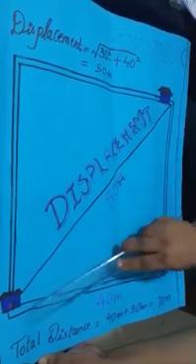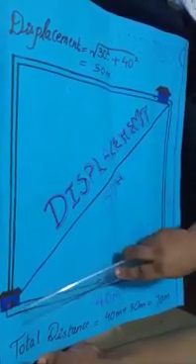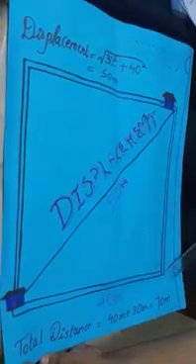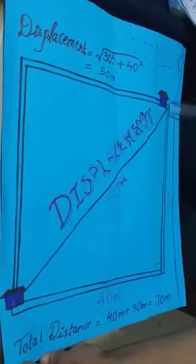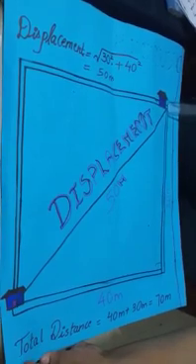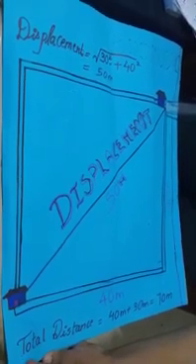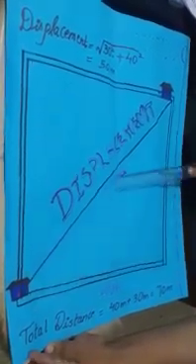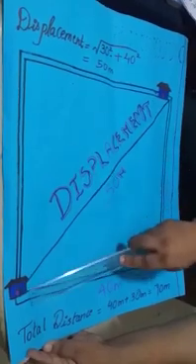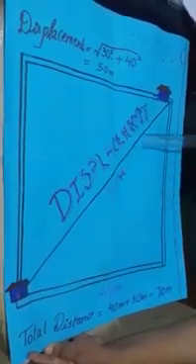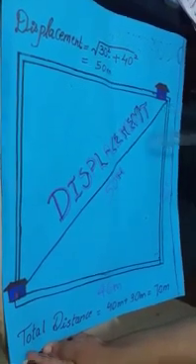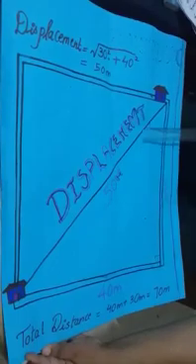So the total distance from the initial position, that is your house, to the final position, that is the school, is 40 meter plus 30 meter, that is equal to 70 meter. This is what is called as distance. You can also go to the school from your house by taking this path. So if you have taken this path and if you calculate this with help of measuring tape, it comes to 50 meter. This is what is called as displacement.